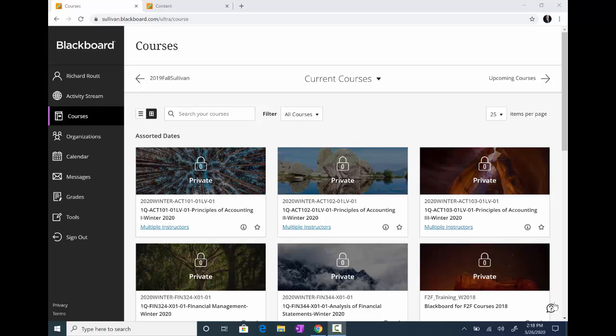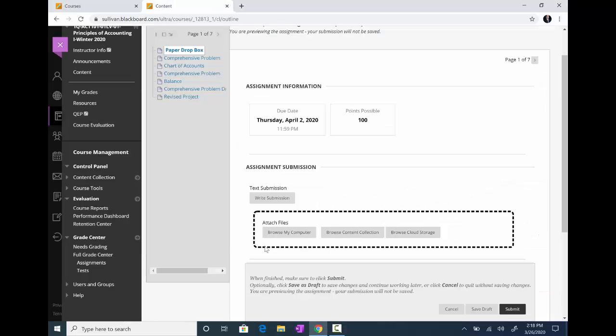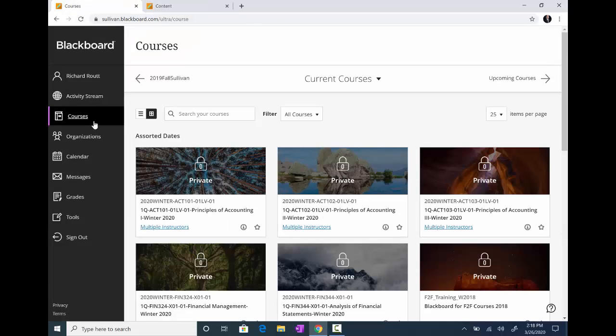Now, there are other sources, but unlike, and I'm going to click right here and go to like I was uploading, you can see I can browse my computer and browse the content, but I can also browse cloud storage. But this is where students will upload. They have that option, but a lot of times in many locations we don't as faculty. So let me go back to a course here, and the first thing I want to show is the Tools